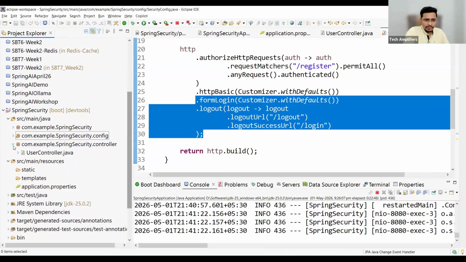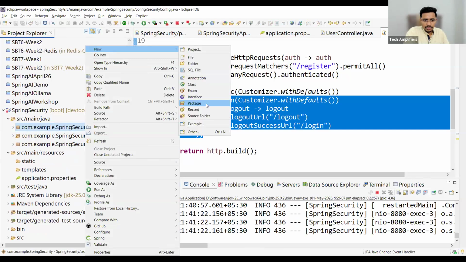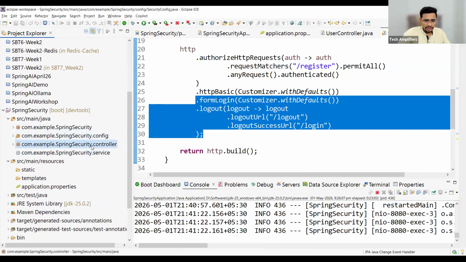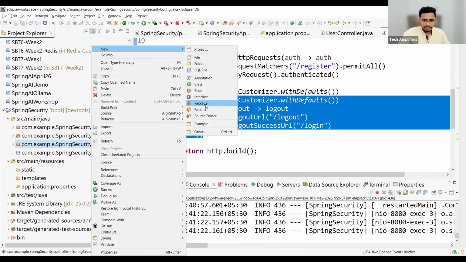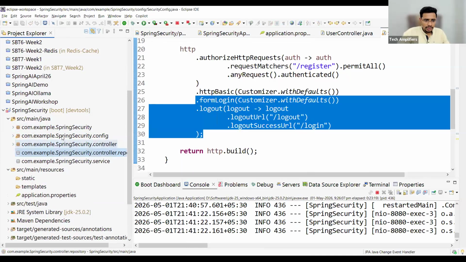Right now I have controller, I have config. I will be creating the service layer, okay? Right click, new package dot service. Okay? Then I'm going to create another package. Right click, new package dot service. Done. Then I want repository. Okay? Next package,